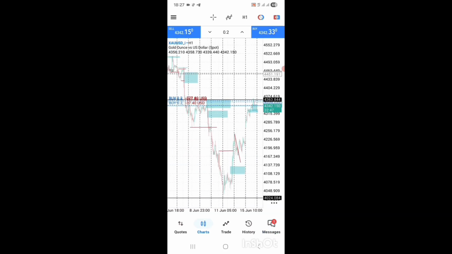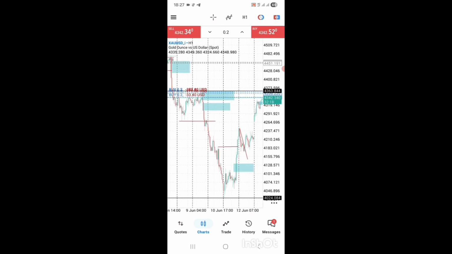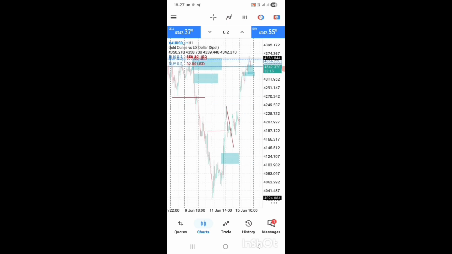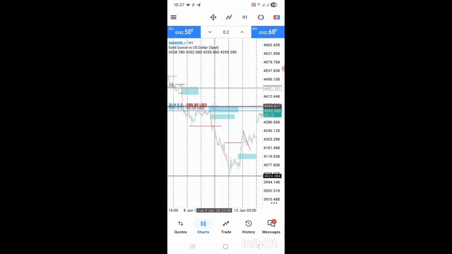Like I was saying, once I come by this fair value gap, price is going to fall. It didn't. Ladies and gentlemen, price did not fall. So it looks like price actually didn't invert on the fair value gap, came back on this fair value gap and took off. Took off to make you think that it's at least gonna respect this order block over here.